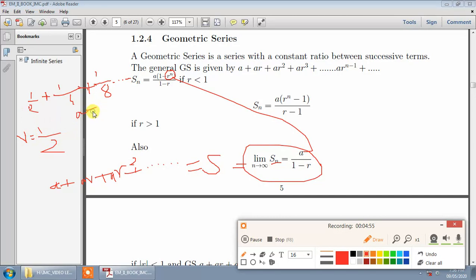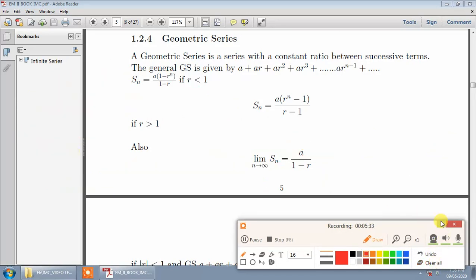So you will find that this is the geometric progression with a and r both equal to 1 by 2. Here specifically, this r value is 1/2, which is less than 1, and we can take advantage of that. If r is less than 1, then the sum is given by a divided by 1 minus r, so 1 by 2 divided by 1 minus 1 by 2. 1 minus 1 by 2 is 1 by 2, the 1 by 2 and 1 by 2 cancel, and the answer is equal to 1. So this geometric series tends to 1.